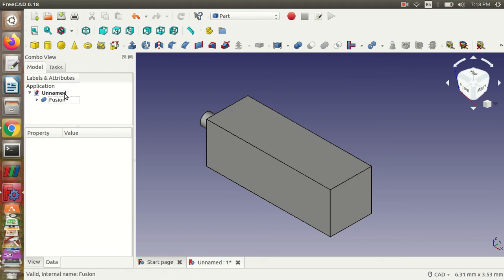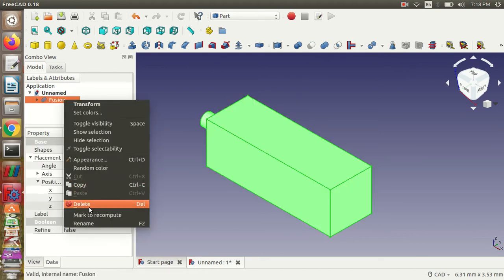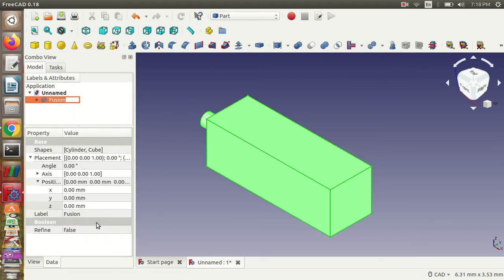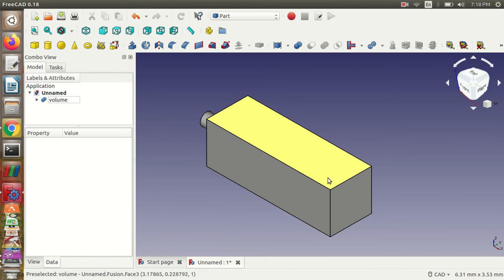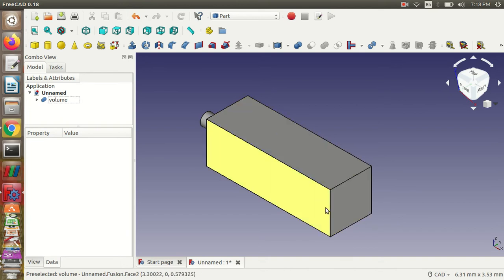I'm just running the union operation. I'll name it as, say, volume, because this is the entire volume. So our geometry is done, but we need information regarding the patches, right? Because patches are the positions where we'll give boundary conditions in OpenFOAM. So for example, we need to provide the inlet of the pipe.